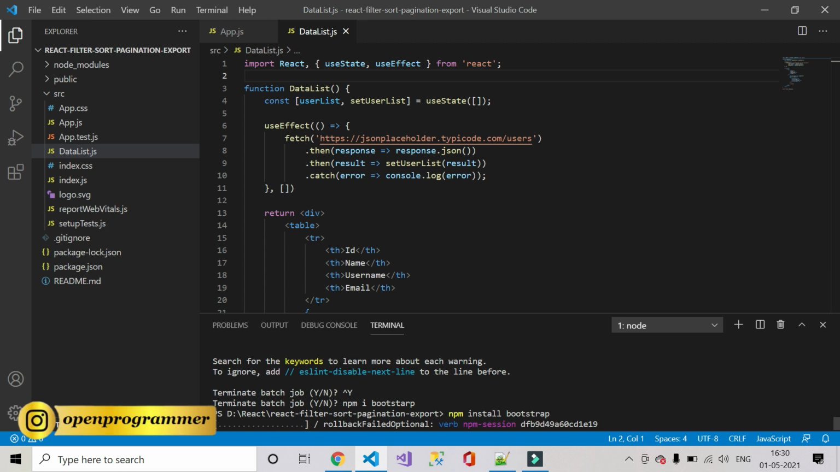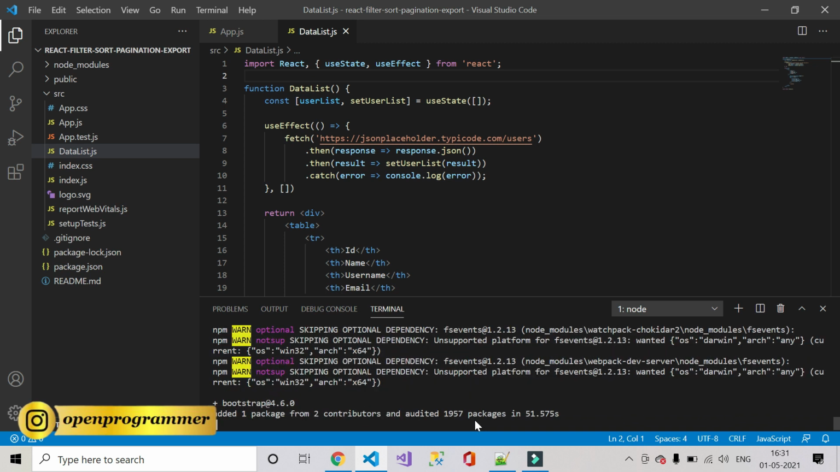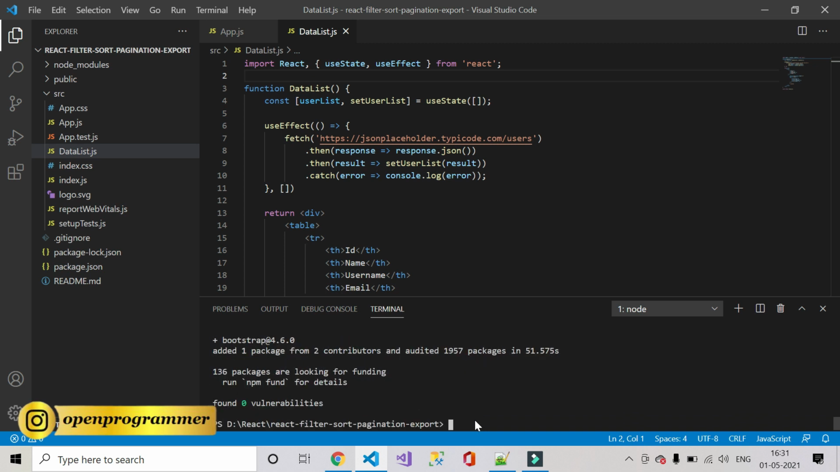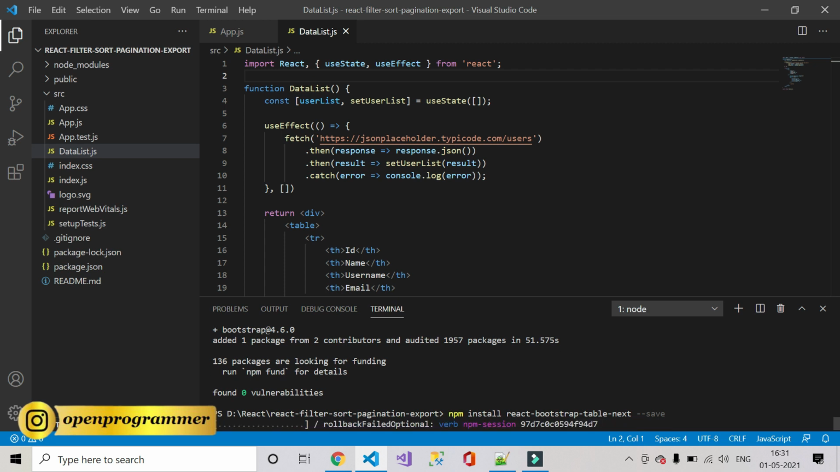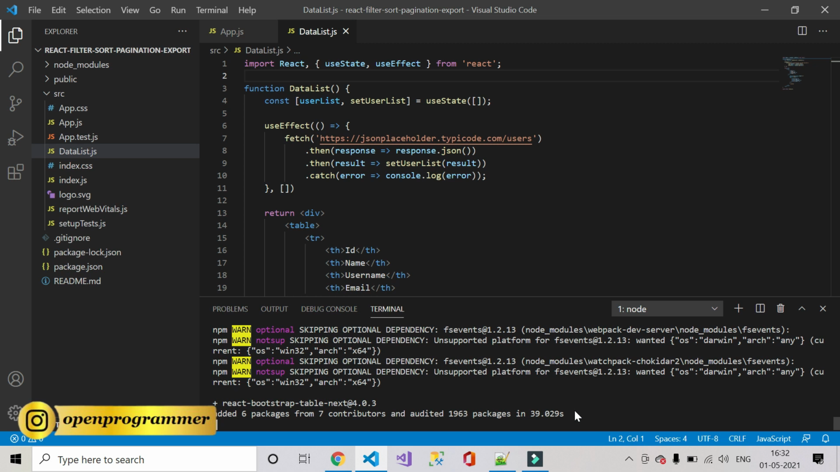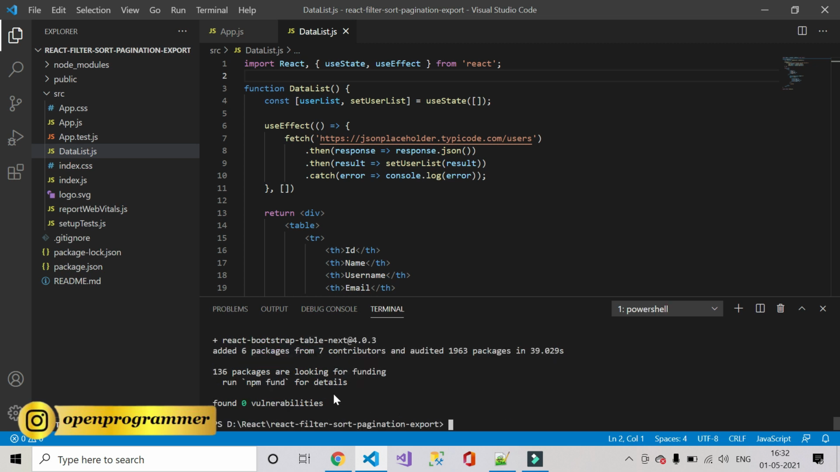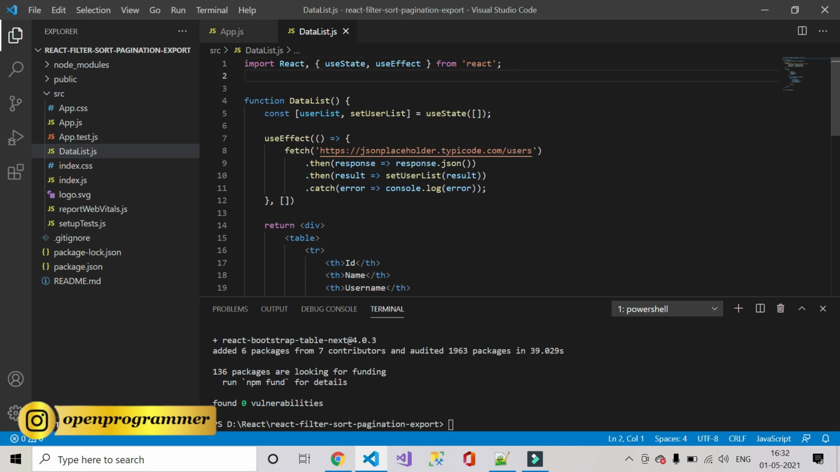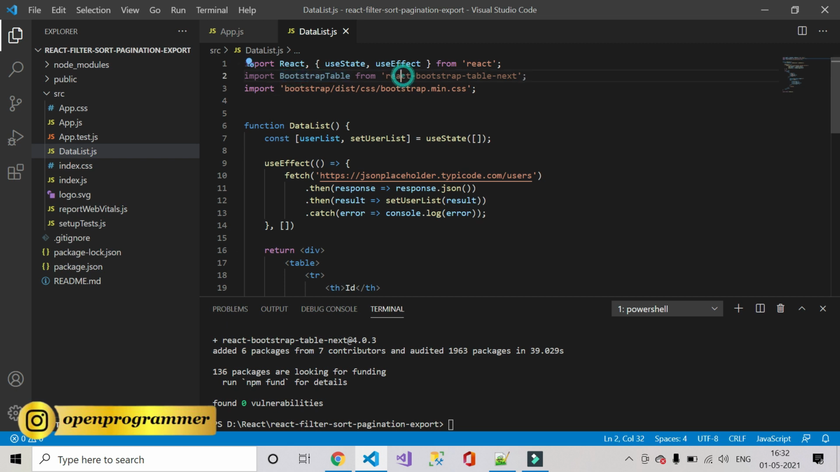So it will install all the dependencies and packages of Bootstrap. So we have successfully installed Bootstrap. Now we have also installed another package, which is react-bootstrap-table-next. So we have successfully installed that package also. Now go to the top, and we have to import that Bootstrap table from the React Bootstrap table next package, and